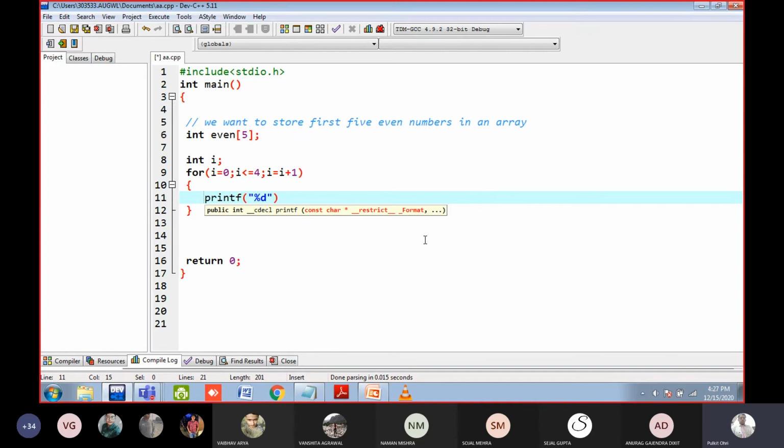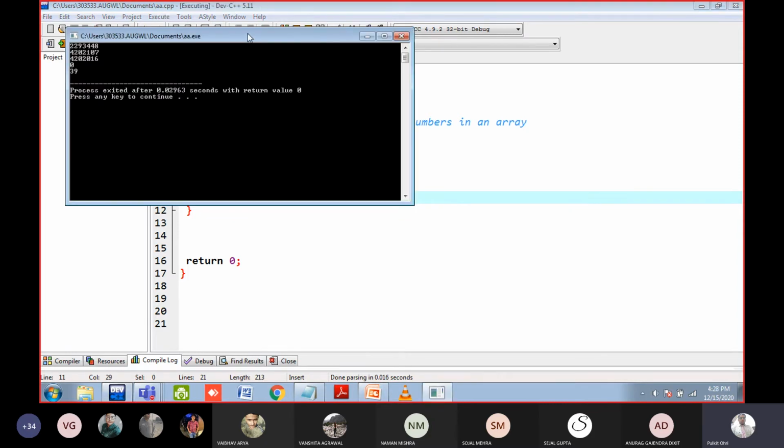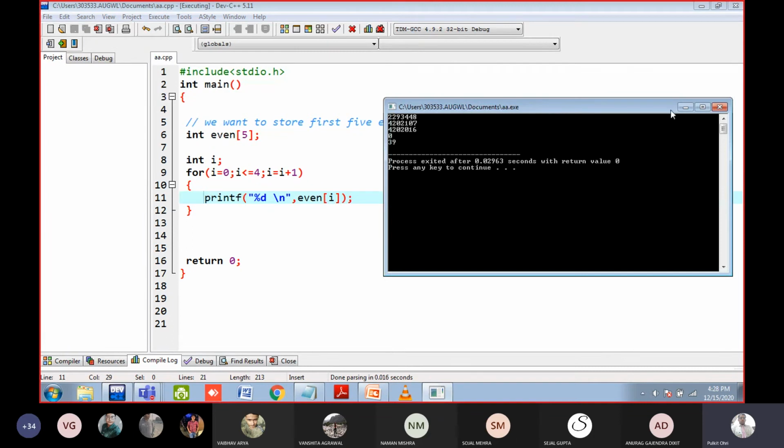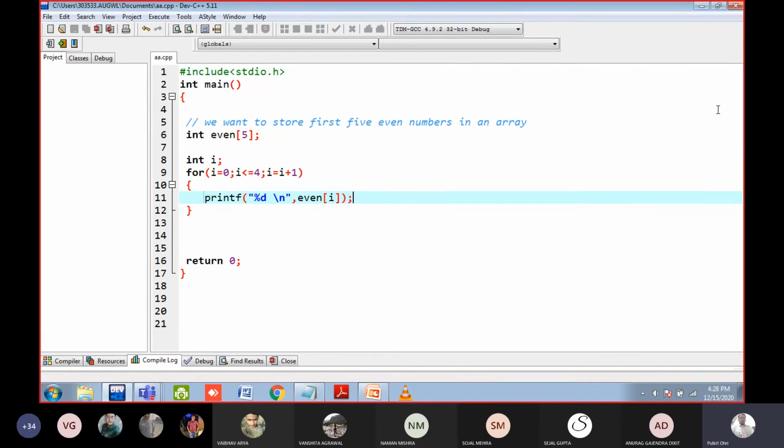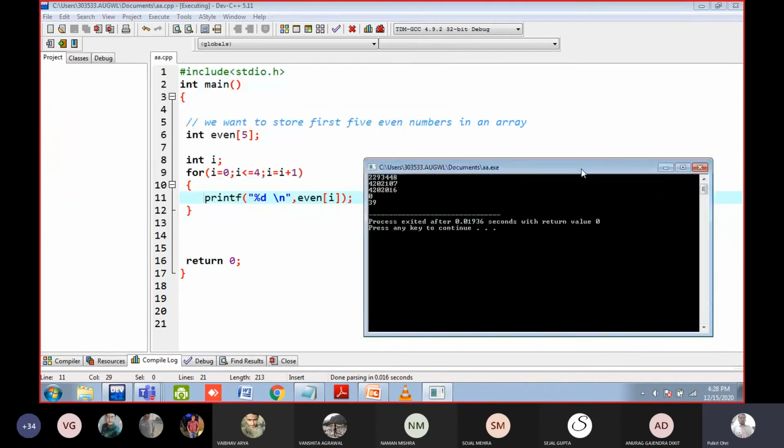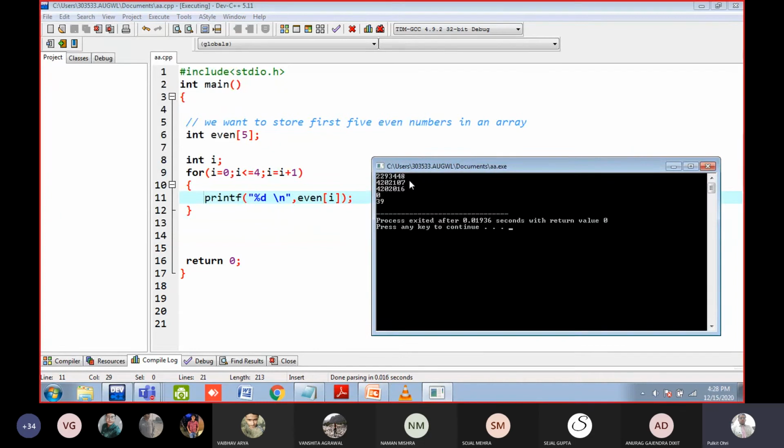So if I execute this code, you can see garbage value, not 0. Yes or no? Some garbage value is there. If I rerun the code, again there is some garbage value. Garbage value means it is different for your system.